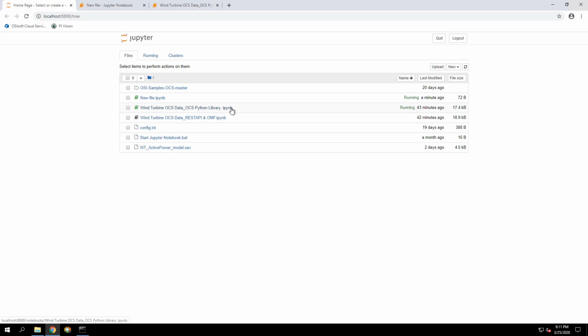We also included another file which shows how you can access OCS using the OCS API as is, without the libraries we've provided. The libraries basically help you out with working with OCS because they're pre-built, so you can call the functions in there. However, if you want to work directly with the API, you can do that, and we have a script which shows that as an example.